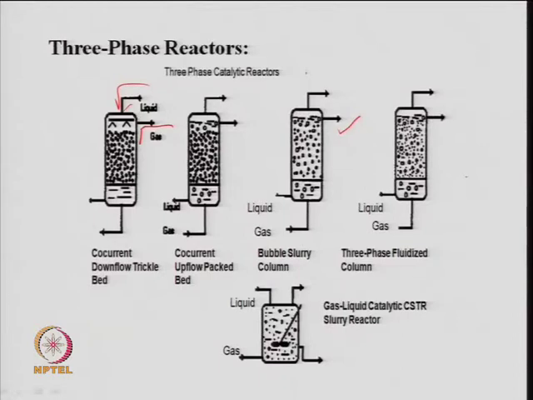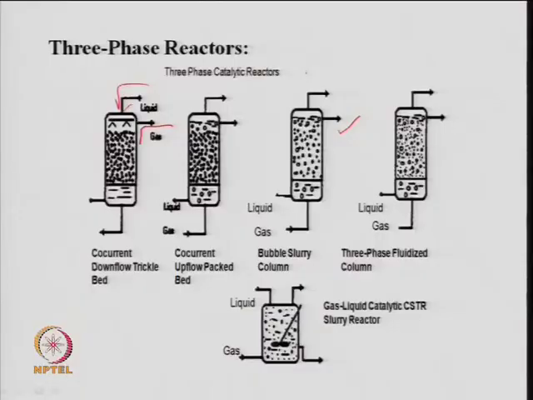Just like in the case of Fischer-Tropsch reactions, these slurry bubble column reactors are very common. Same thing in the case of 3-phase fluidized bed reactors, for various heterogeneous catalytic reactions, we have the fluidized bed type of system also, where for the hydrogenation reaction, say, nickel catalyst is used. So, the hydrogenation of oils is basically done in these kinds of slurry type reactors. And this is again a type of tank reactor, which is a CSTR type of reactor in the form of slurry.